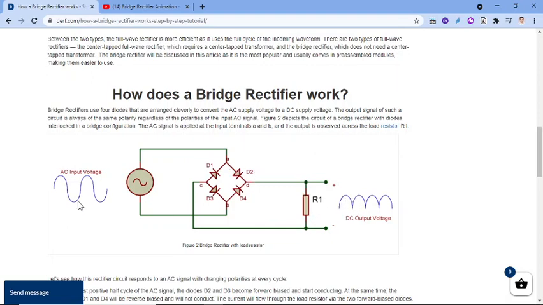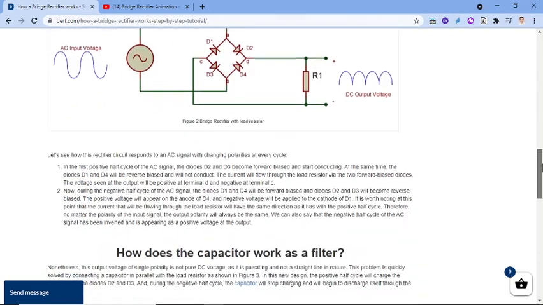Okay. Then during the negative half cycle, this end becomes negative or less forward biased, and the current flows through this diode and goes through the resistor and again goes through this diode D4 and goes to this end. The circuit is completed, and we will get this another half cycle. So we will get complete cycles. Even though the output is fluctuating, this is fluctuating DC, we will get the output voltage.